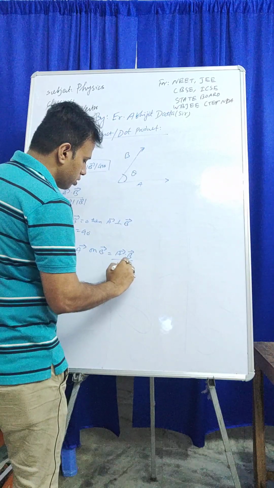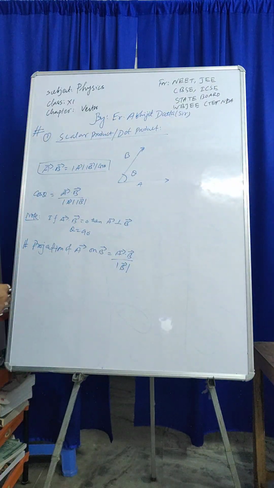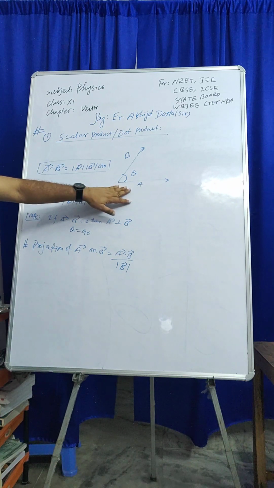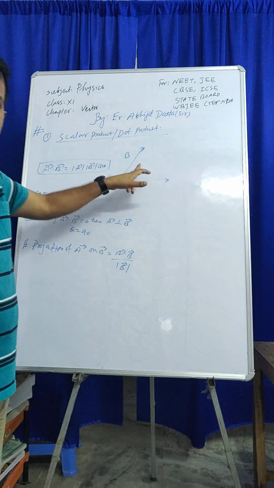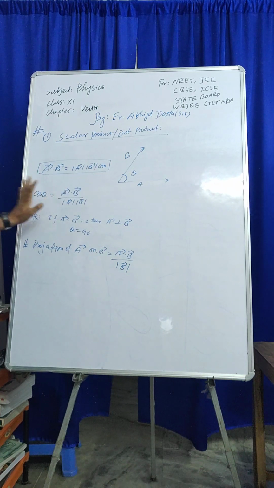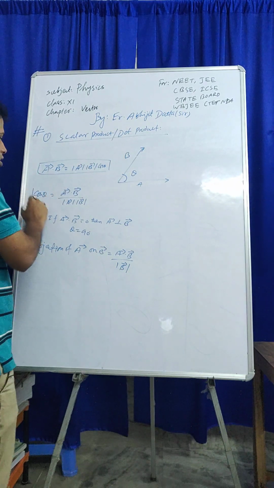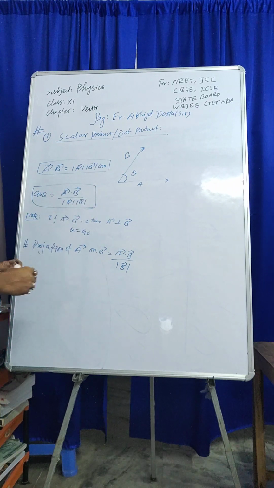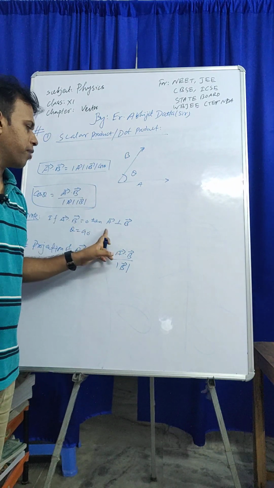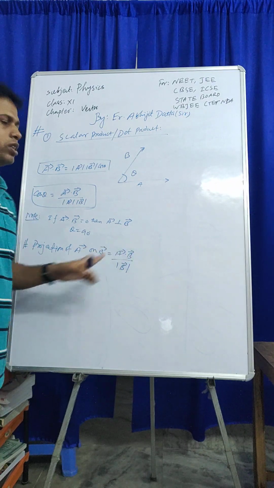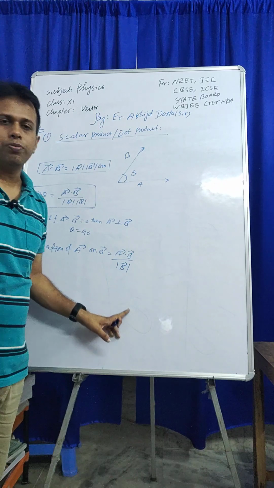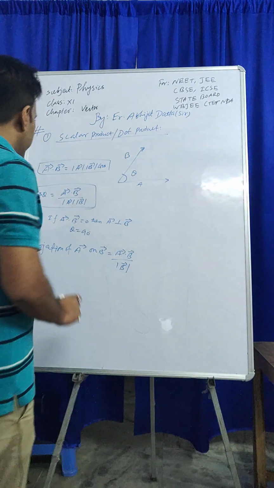So this is the scalar product. Mathematically, if A and B are two vectors and the angle between them is theta, the scalar product or dot product is A dot B equal to mod A mod B cos theta. So from that we can find cos theta is A dot B by mod A mod B. And note, if A dot B is 0, then we can say vector A and vector B are perpendicular to each other, so angle will be 90 degree. The projection of A on B will be A dot B by mod of B. This is the formula.